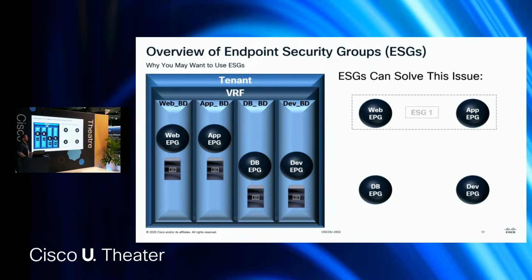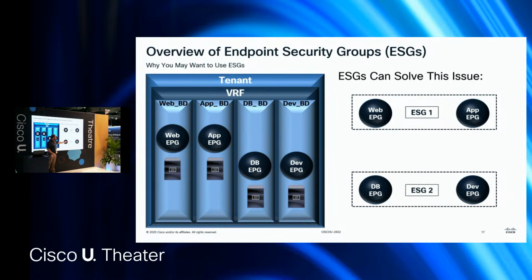With ESGs, because communication between app and web is something you want anyway, you could put it in a single ESG and then put these other 2, specifically DB, in a separate ESG so you can still control traffic flow between them. And same thing applies in the ESG as applies in the EPG world. Every EPG that's assigned to an ESG can freely communicate without any additional configuration whatsoever. But any inter-ESG communication requires a contract. So it's a shift, but some of the mechanics are still the same.